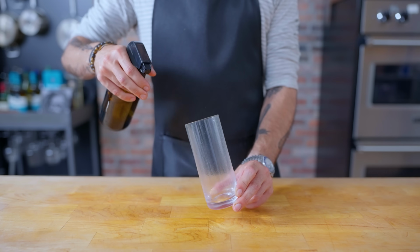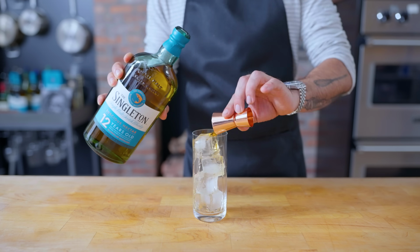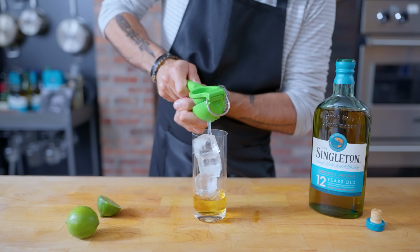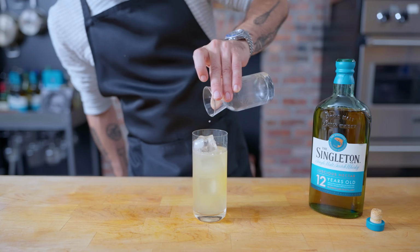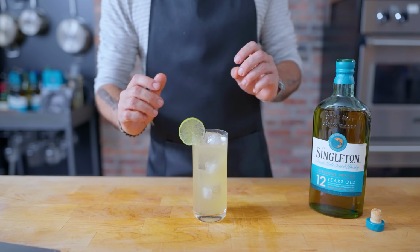Starting by spraying down a tall Tom Collins glass with absinthe, adding 1 1/2 ounces of the Singleton 12-year-old, the juice of 1 to 2 limes, depending on how lucky you are in life with limes, and then topping the rest of the way with ginger beer. Give it a little stir, garnish with a lime wheel and fresh mint, and there you have it, the Speyside